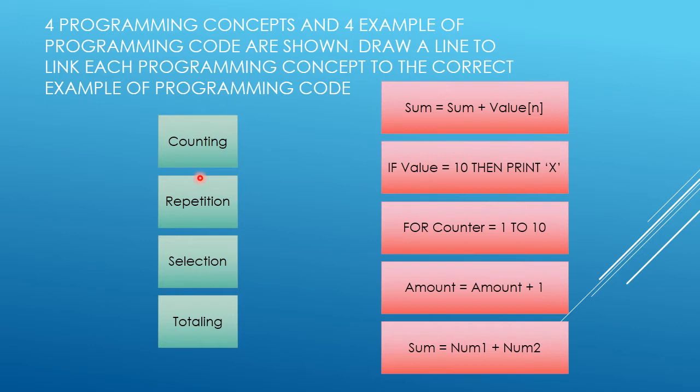Okay, and right, you got, okay, not 4, but you have 4 examples of programming code. Actually there are 5 here, but 4 of them are correct. So you are supposed to draw a line linking each of the concepts to the correct example. There is no S here, so there's only one answer of the programming code. Okay, if you'd like to try,